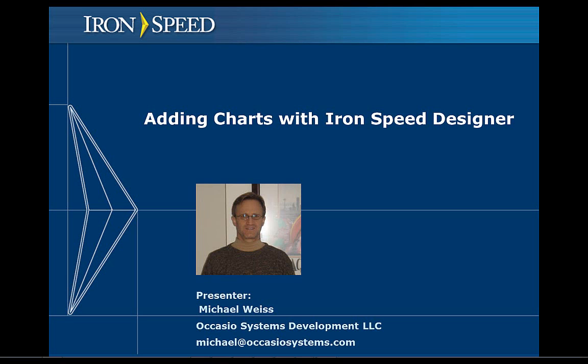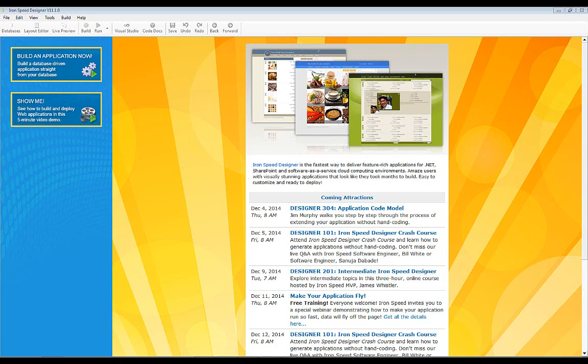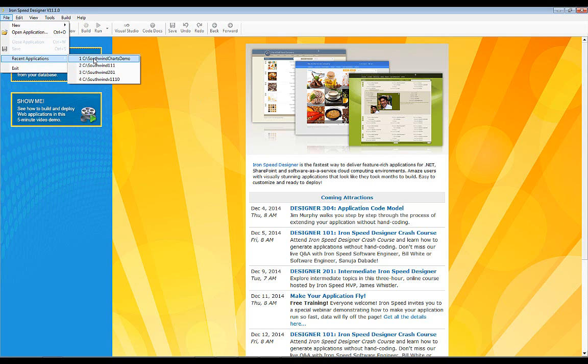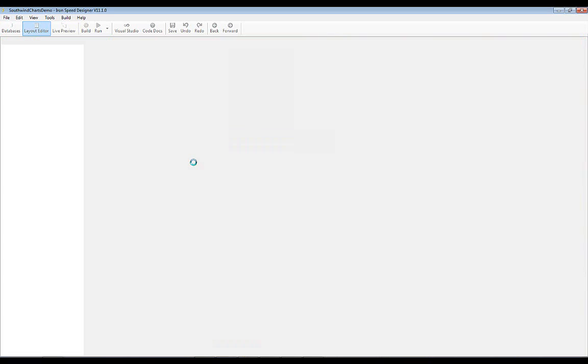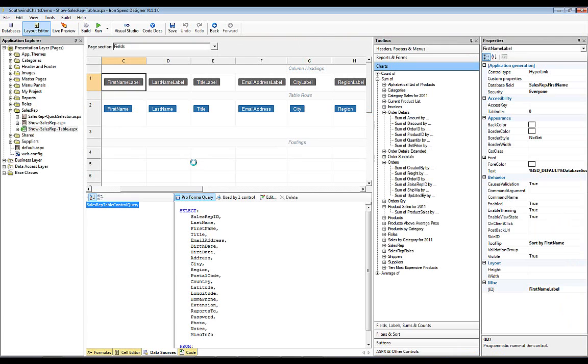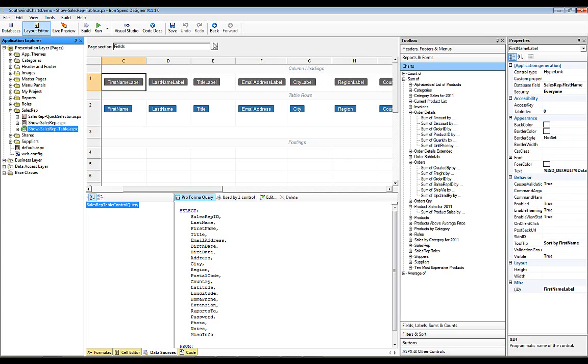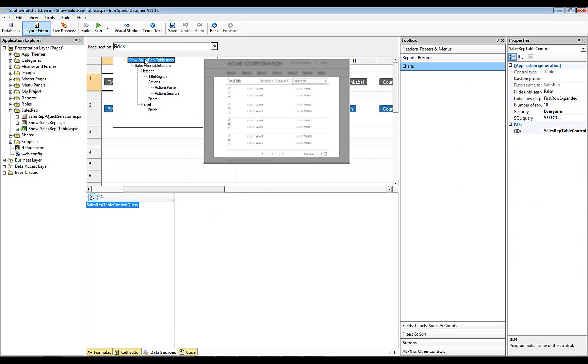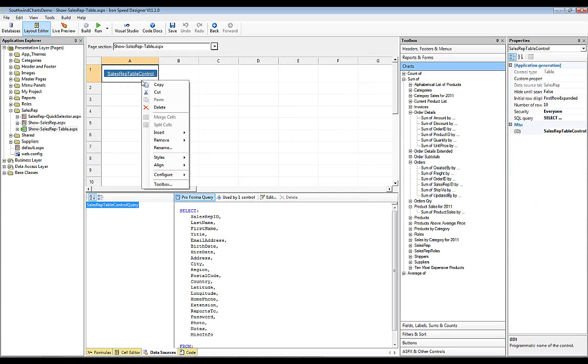First, let's open up our sample application. Okay, now we have IronSpeed open, and we'll open up our sample application, which is called Southwind Charts Demo. And again, it's just built over the Southwind Access database. And we have a Show Sales Rep table page. And we will navigate to the top of the page, and let's insert a row above,